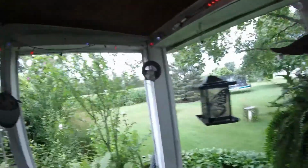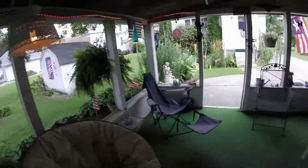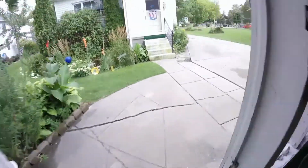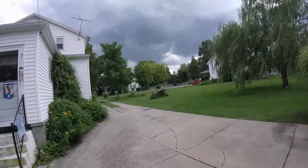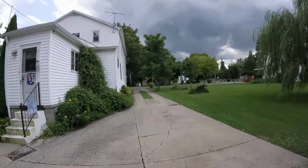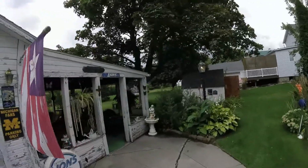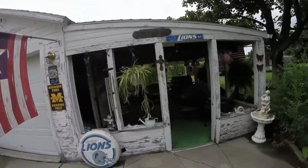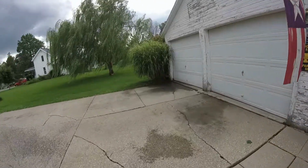Okay, you guys saw that there was a giant mass of rain over there, and now it is fading. And now it's right there, so it just went just south of us. What the hell? Okay, well, I'm gonna go check the weather anyway, see what we have going on here. If I'm lucky, it'll go straight away, and then I can park the car right there, get underneath of it,